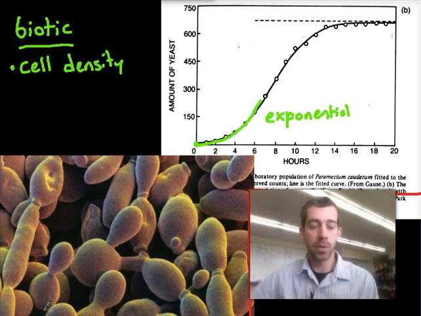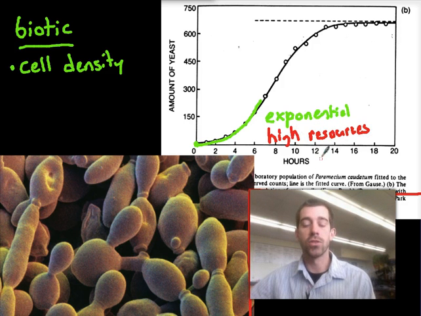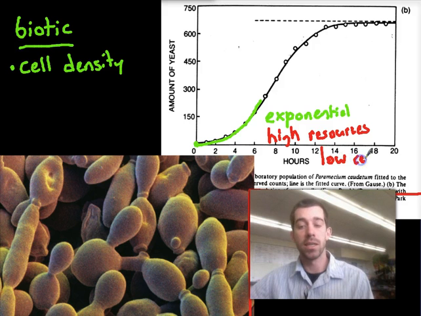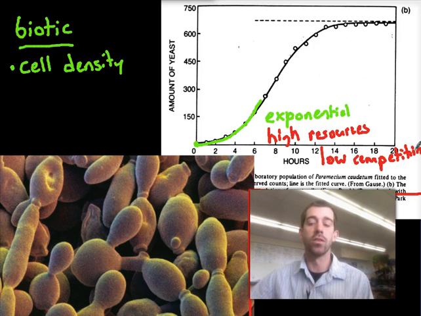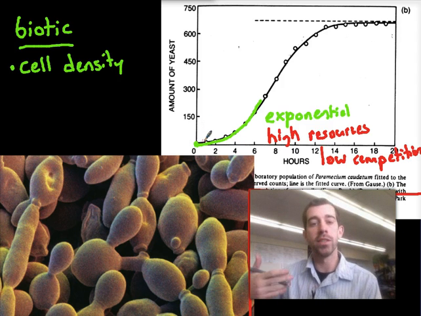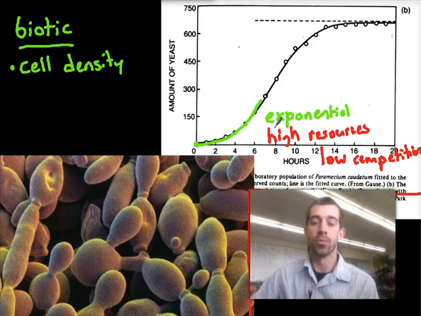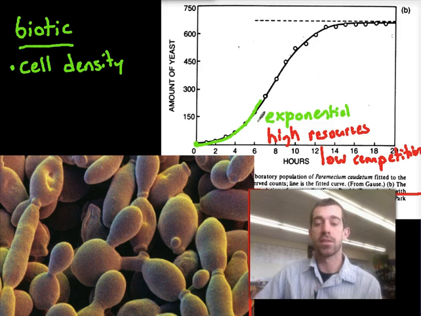So this is marked by high resources, and there's also low competition because since there's so little other yeast trying to eat up the food that's available, there's lots of food for each individual cell, and that leads to really rapid growth. Now at some point, the amount of yeast gets so high that they start basically eating up